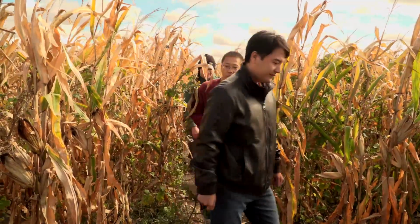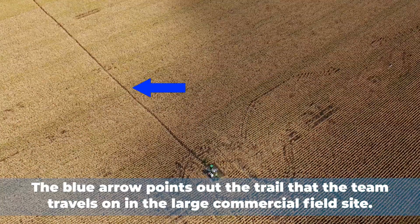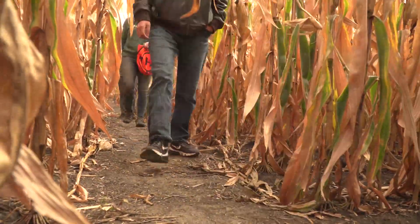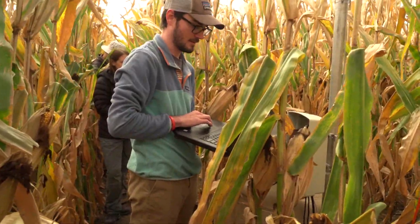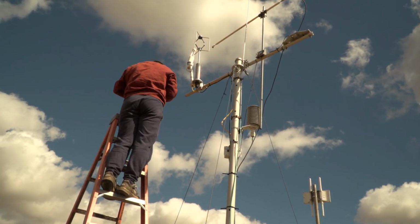That's one of the locations in this field where we have a bunch of gas flux chambers and other equipment. We come out here about once a week to collect a variety of soil environmental data to be able to complement the greenhouse gas emission data that we collect. There are a variety of different properties in the soil that govern the emissions of both N2O and